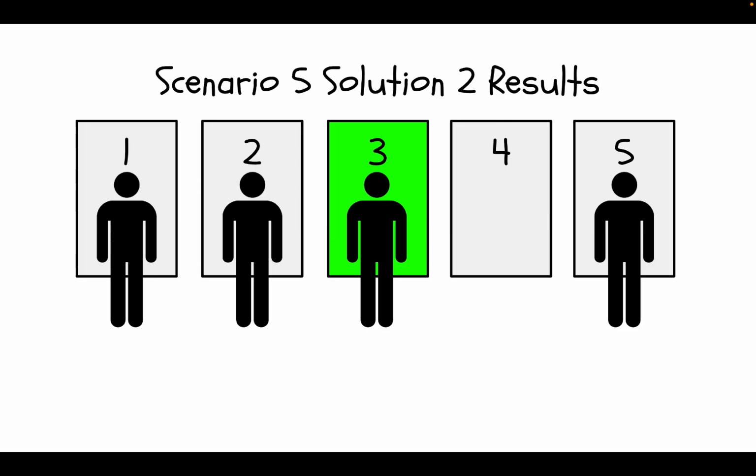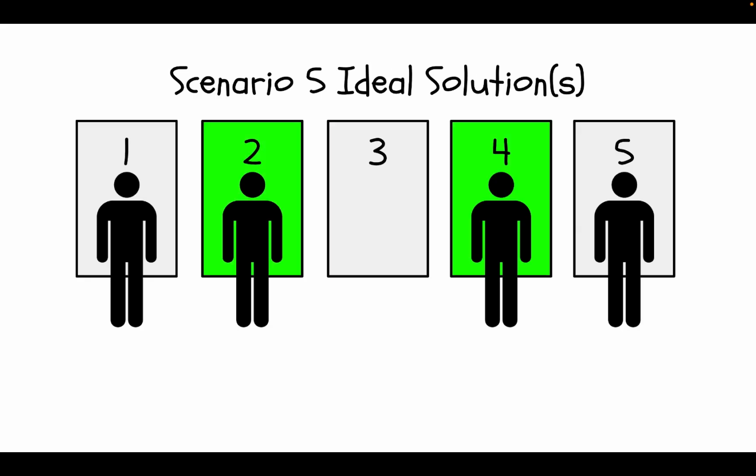When the other guy comes over, he's going to go to slot 2. Remember, since you're going in the middle, going to slot 2 is the same as going to slot 4. So now you have 2 guys really close to you and 1 guy on another island. I don't like this. Therefore, our ideal solutions are to go to slot 2 or slot 4.